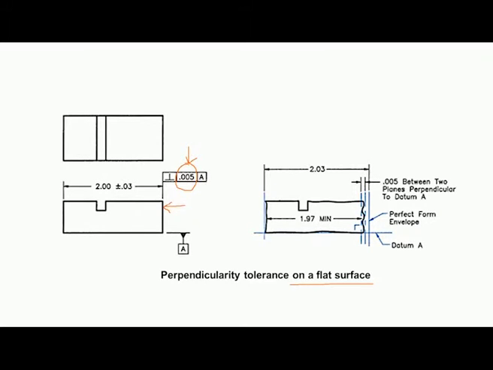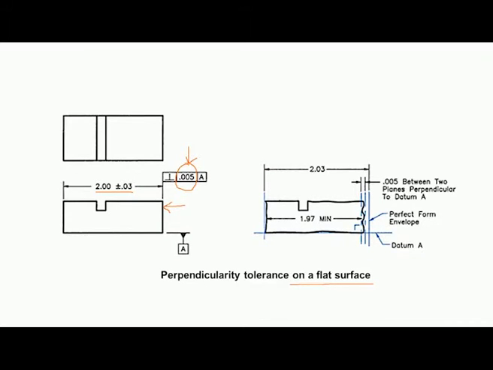So, the meaning of this is, you can see we have two tolerances, one is specified for the size of the object and another tolerance for the perpendicularity deviation. Now, this particular workpiece should satisfy both. Now, we will consider the size tolerance.